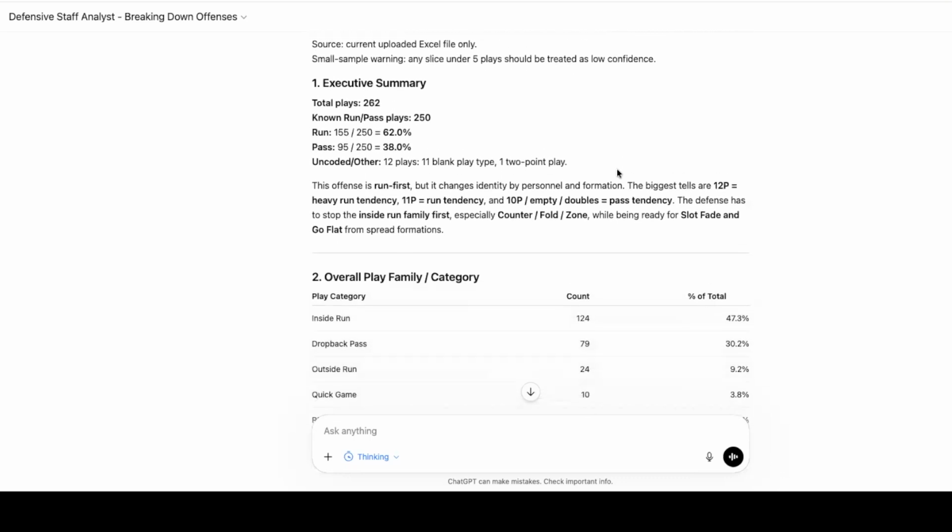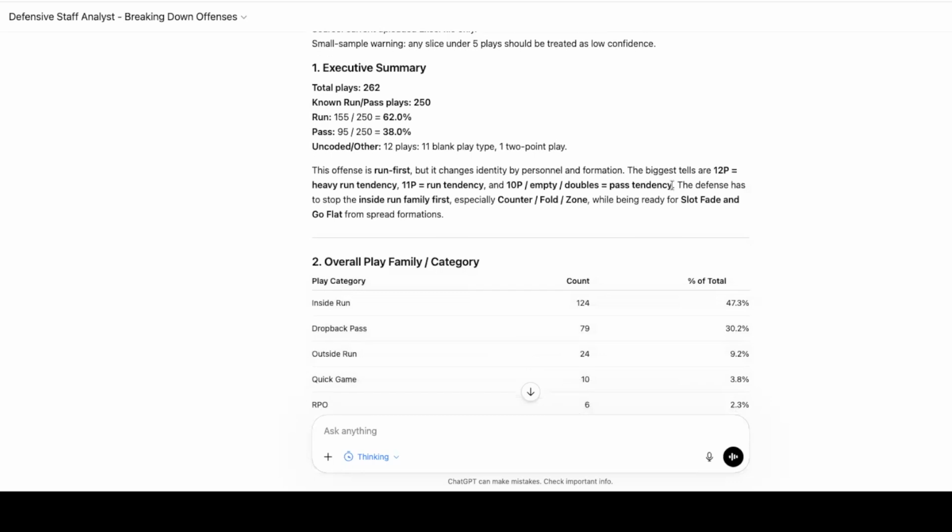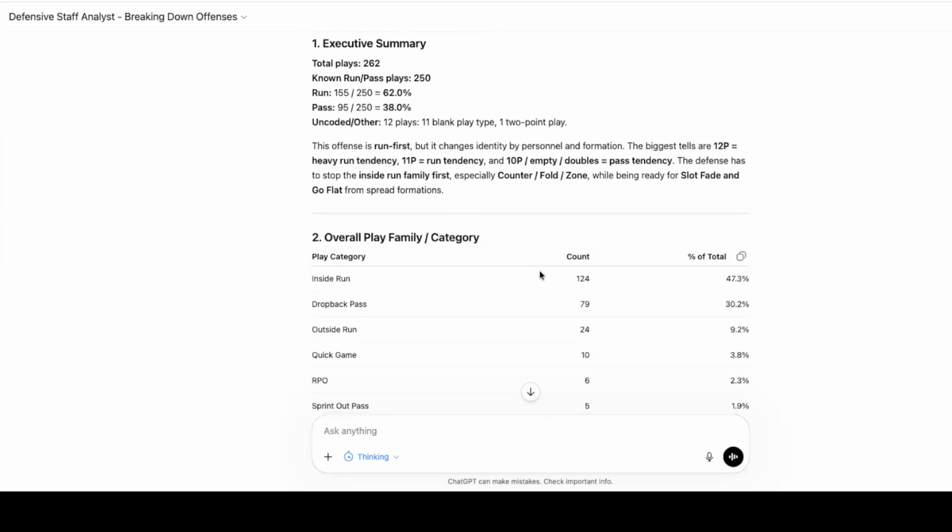But here we go. So we're looking at an opponent right now. This is an analyst. So I give you the instructions to build this custom analyst, this custom ChatGPT analyst. I also show you how to do it. I give you everything you need for Gemini, for Microsoft Copilot, because a lot of you, whatever school you work for, or even some of you that maybe work for a business, your business pays for some ecosystem that includes access to that. All right. So I give you everything you need for the analyst.